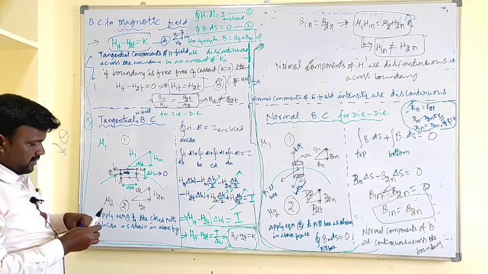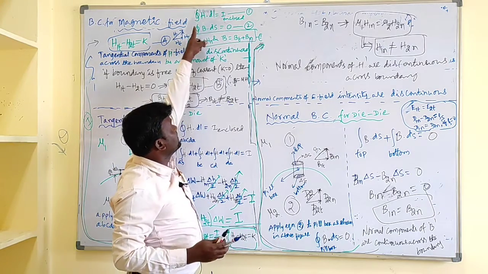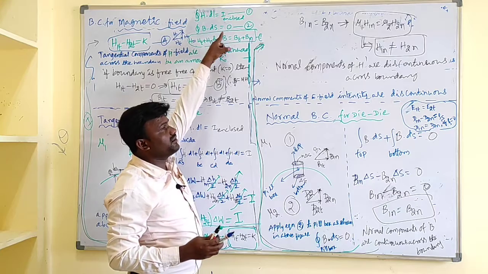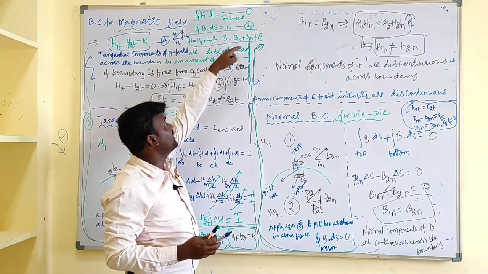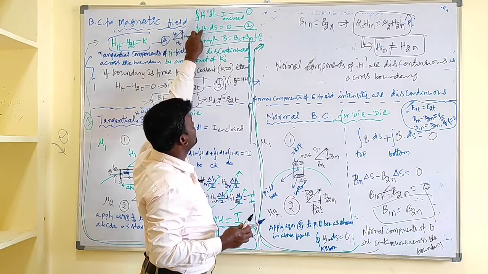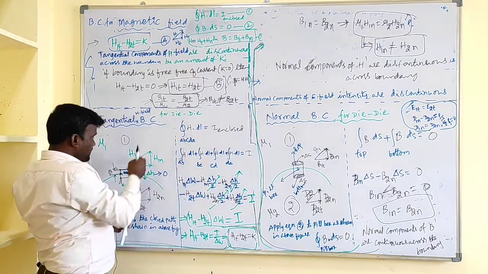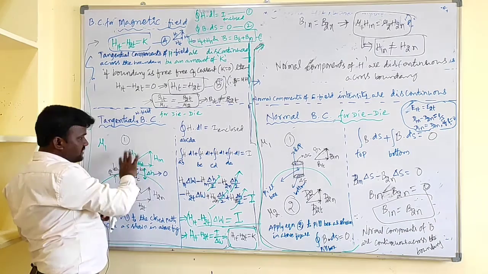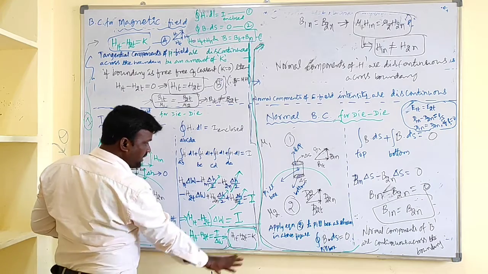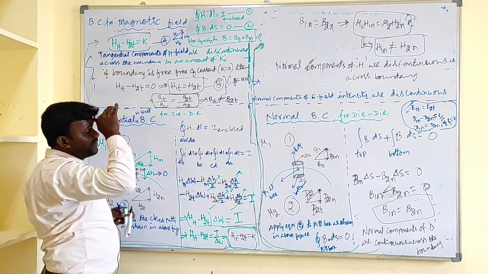Simply what we have done, E is replaced with H, that is integral E dot dl becomes integral H dot dl, but integral H dot dl equals I enclosed, that is Ampere's law. Of course it is one of Maxwell's equations, and the other is integral B dot dS equal to 0. We need to use these equations. Let us apply equation 1 to derive tangential boundary conditions. After application of that equation and after simplification, we got H1t minus H2t equal to K.